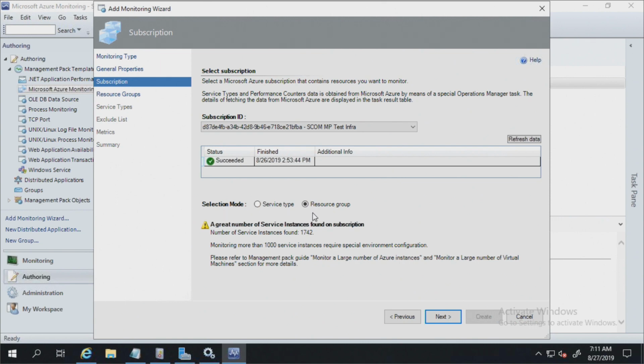One is the service type and the other is resource group. Resource group is something that we have added recently and the release is yet to happen. The service type is the way of selecting that we always had for the past n number of releases. Here, as you can see, we have identified that there are around 1,742 instances under this